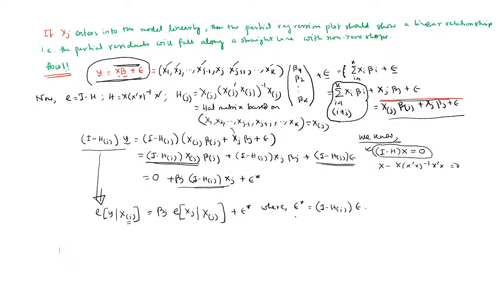So, okay, Shubhrajit, I think so. This part suggests, this means this is the residual part of regression where y is the study variable and x1, ..., xj minus 1, xj plus 1, ..., xk are explanatory variables,